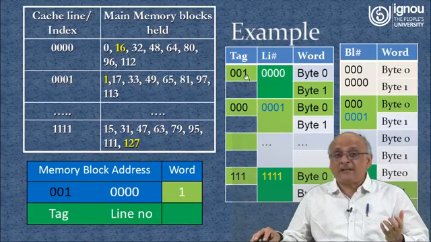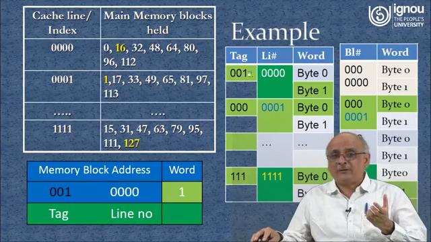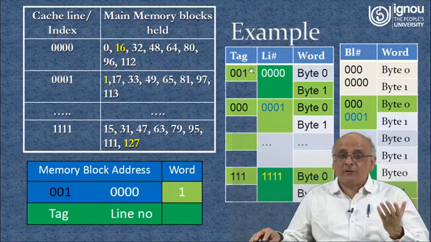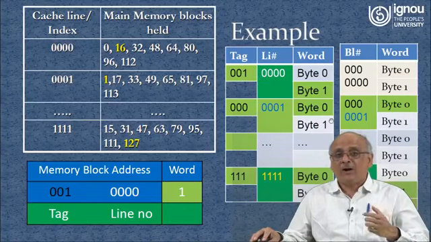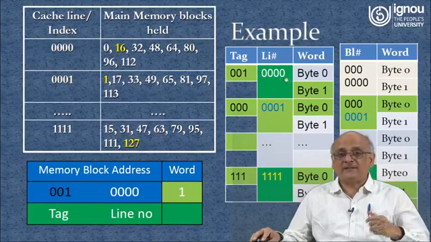And why is it brought into the cache? Because once again, by the principle of locality, if you referred to location 32, probably in the near future you might be referring to that location once again. All right, so this is brought into the cache and then supplied. This is how the cache to memory mapping works, and this is how the CPU is given the content from the cache. If it is there in the cache, fine. If it is not there, then it is brought into the cache and supplied to the CPU.